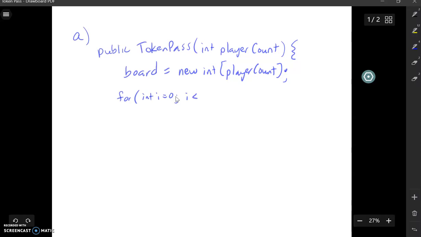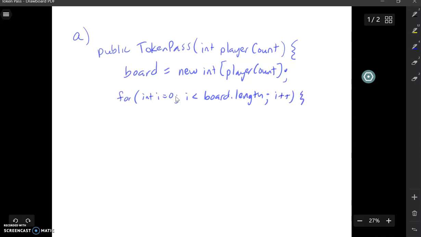So remember when you're doing your for loops, make sure you're doing i is less than board dot length for arrays. For array lists, it's board dot size with parentheses. This length thing does not have parentheses because it's not a method. It's not a getter. It's the actual length property. So for the array class, the length property is not encapsulated. You have direct access to it. And then,